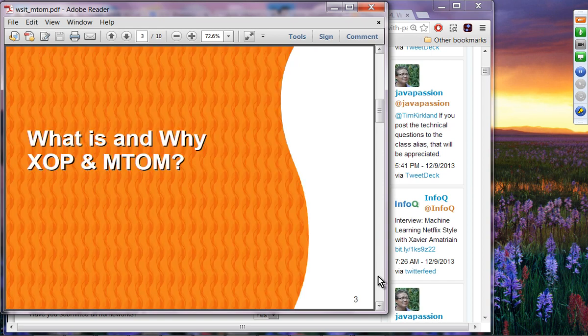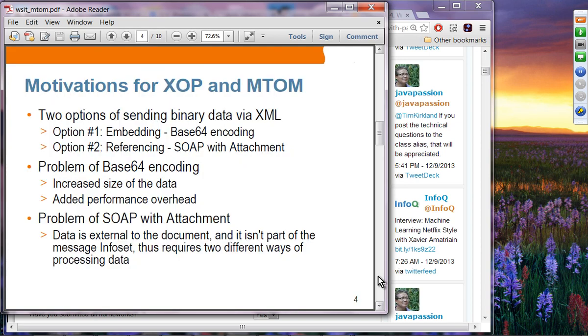Okay, so what is XOP and MTOM? When you are sending binary data like a JPG file, you have two options before XOP and MTOM. Option number one is you embed base64 encoded binary data, meaning you convert the binary data into base64, the ASCII code, and that is included as part of the document, part of the XML. And option number two is